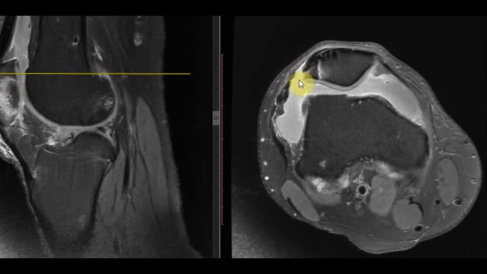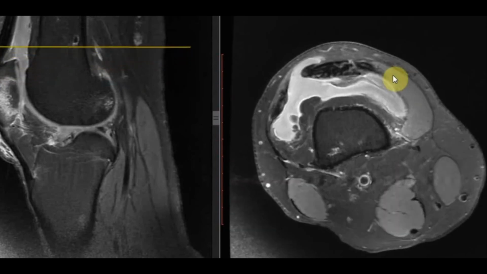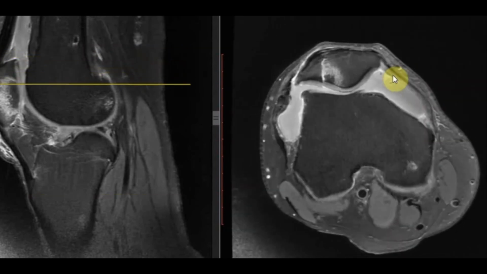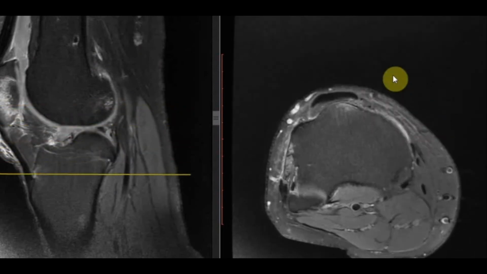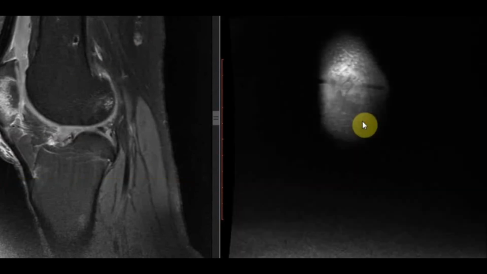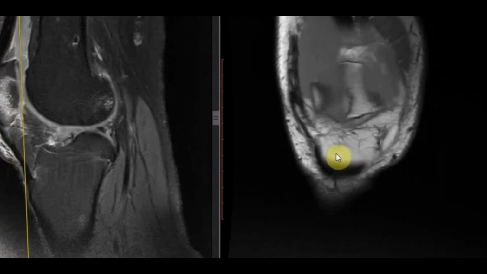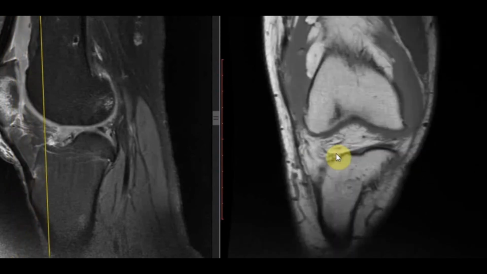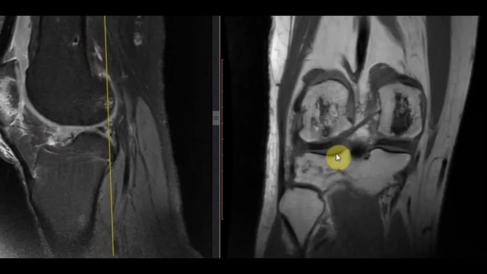And there is also a tear involving the lateral patellar retinacular attachment. There is joint effusion. So there is a comminuted patellar fracture. You can see that in other planes. This is the coronal T1 weighted sequence, and you can see a beautiful fracture line. Besides that, this patient is having